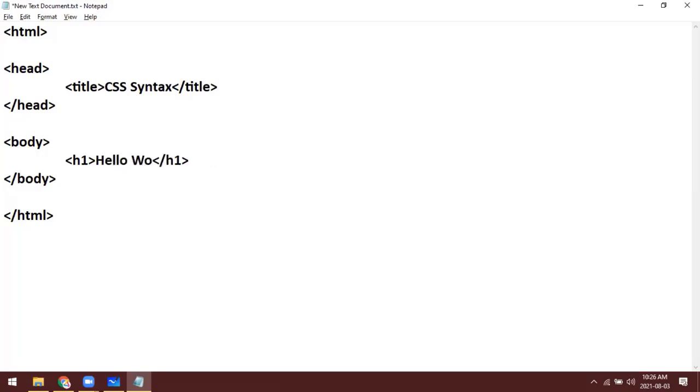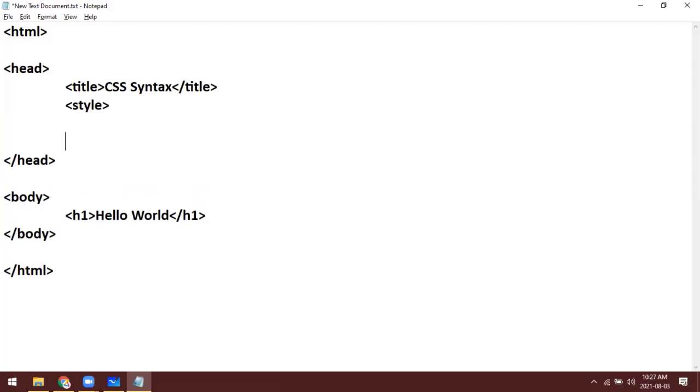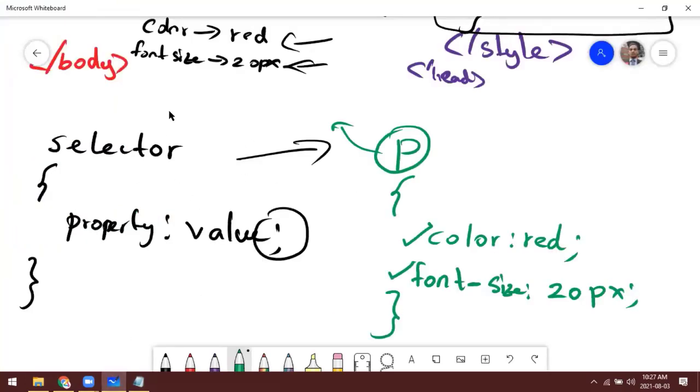So hello world. If you want to use internal CSS, here you can use the style tag. Otherwise, you can move this to a separate external file and then link the file. So both ways we will try this, right?